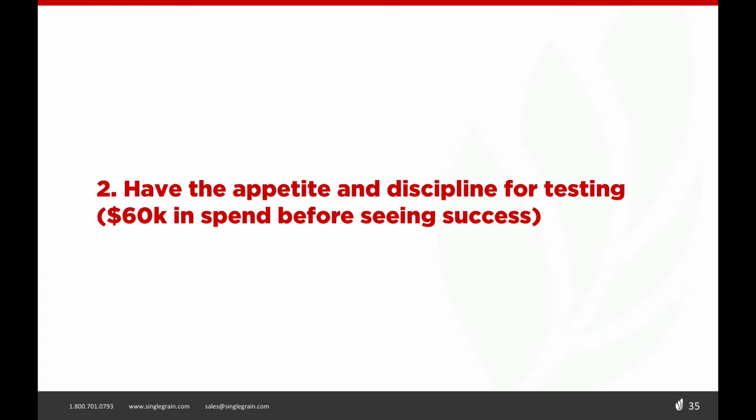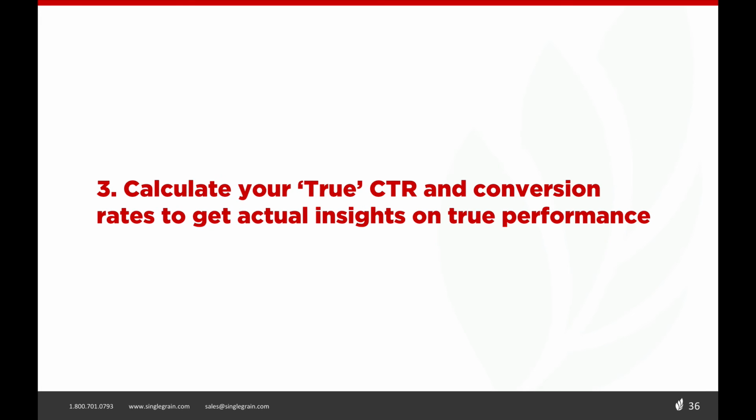The good thing about this talk right here is that you're going to be able to sidestep the mistakes that were made over 4 rounds of testing. So $60,000 in spend and 2 months before seeing success. Not a lot of people can take it. Think of this presentation as saving you that money, saving you that time, and hopefully you're going to be successful with Gmail advertising. Now, the third thing that's very important here is to make sure that you're calculating your true